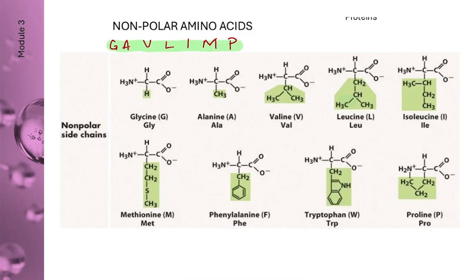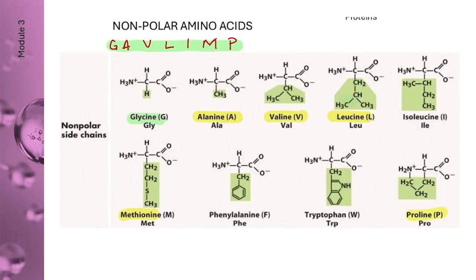Okay, and what does this stand for? We have G for glycine, A for alanine, V for valine, L for leucine, M for methionine, P for proline,